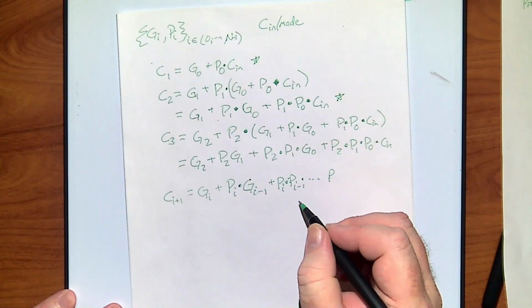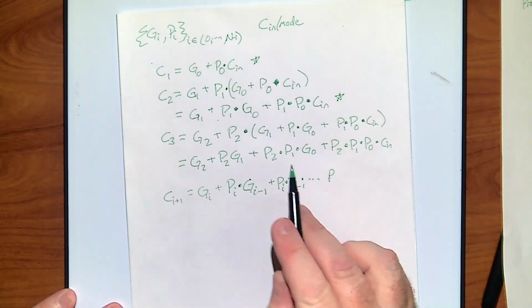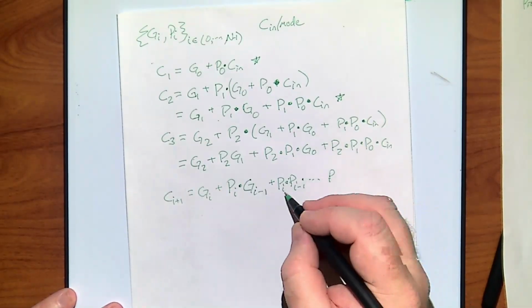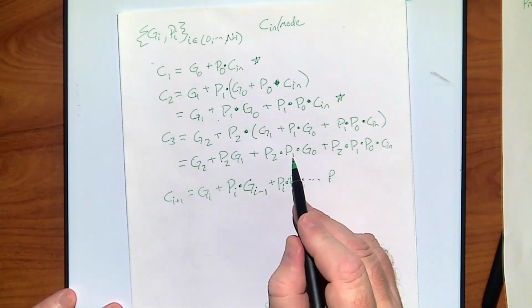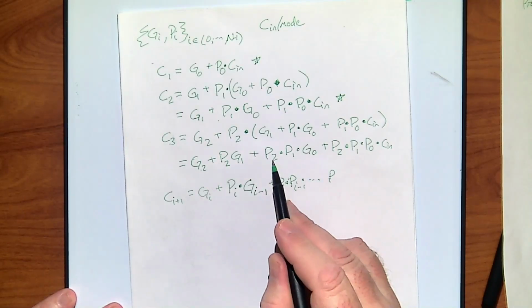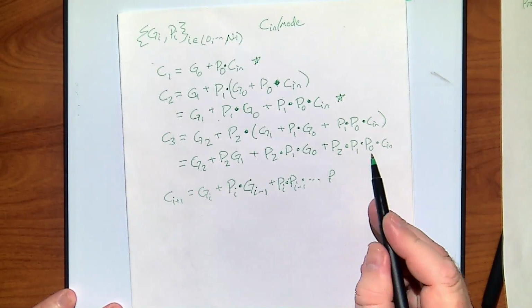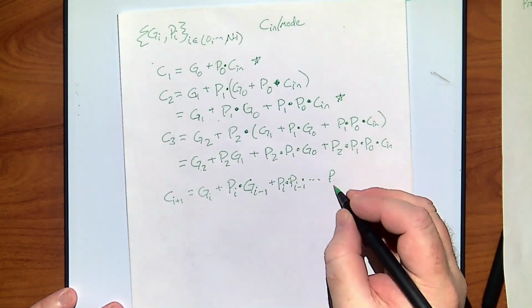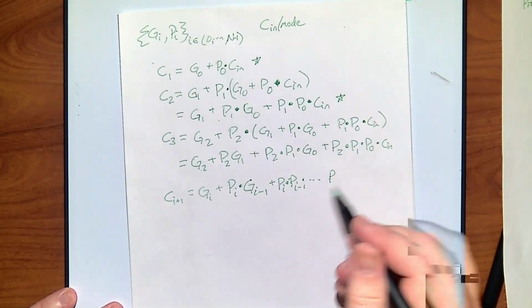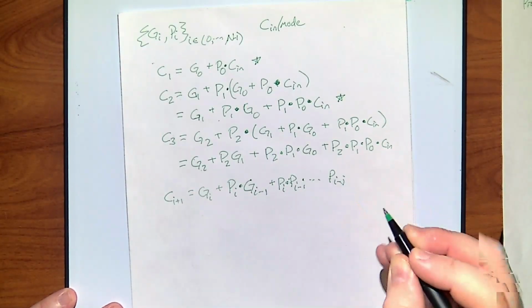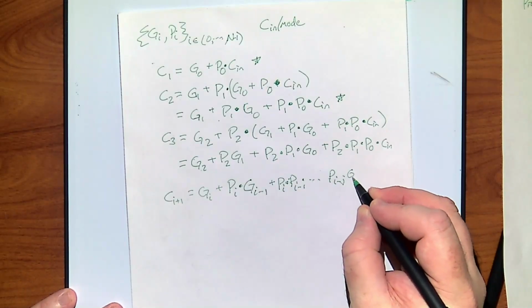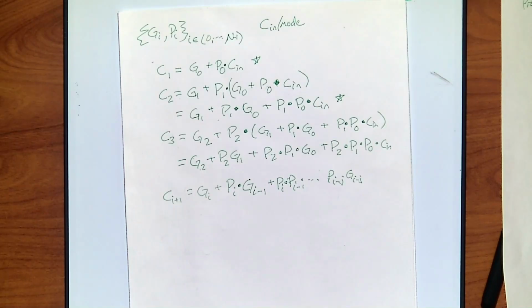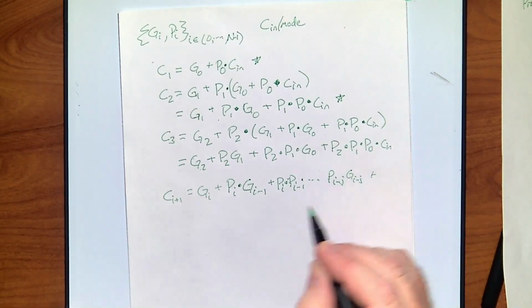Down to, yeah, so each one of these drops 1, right? So when we start thinking about this, we go, oh, this is basically 2, 1, 0, right? 2, 2, 1, 2, 1, 0, Cn, right? So it kind of is following a little pattern here. So you could say this is going to go up to whatever level in between this is, Pi minus j, right? Times whatever the G at i minus j, right? You can see the little pattern that's showing up. All the way down to, yeah, so it's a summation of,